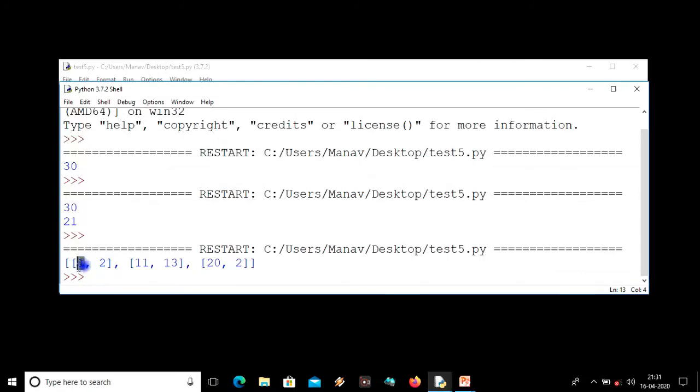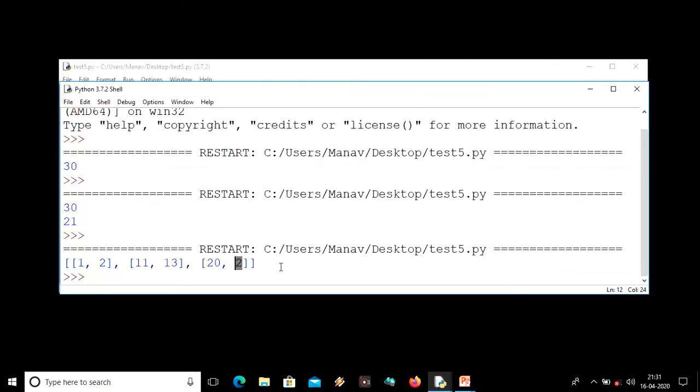The first item is the smallest, the second is greater than the first, and the third is greater than the second. But you can see that the second values of all the lists are 2, 13, and again 2. That means it is not sorted by the second item.